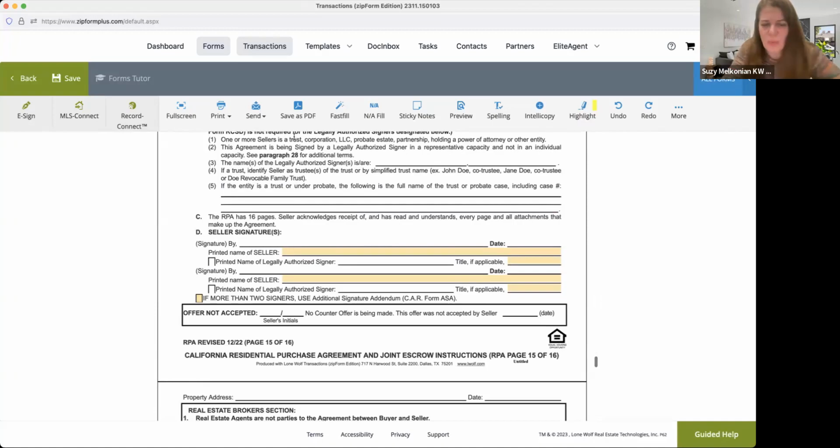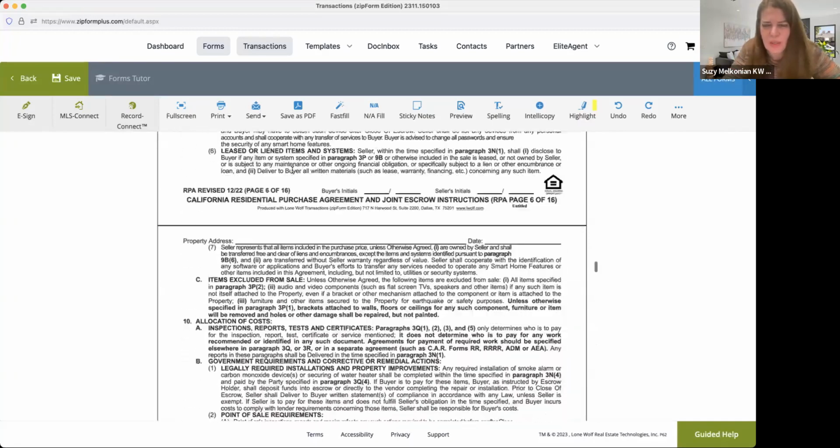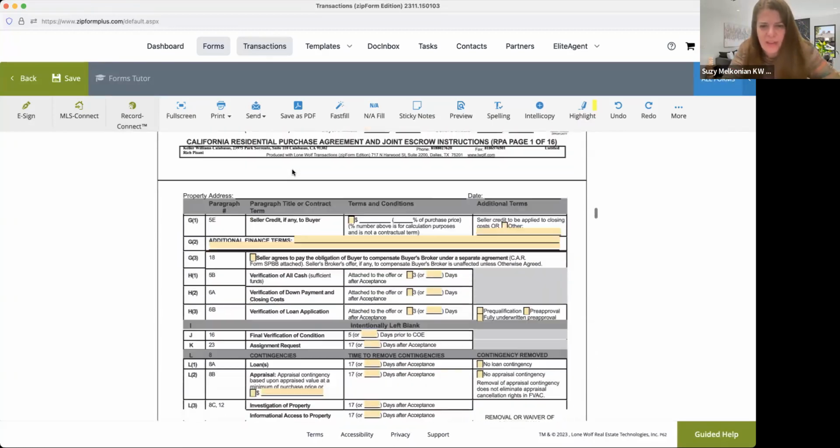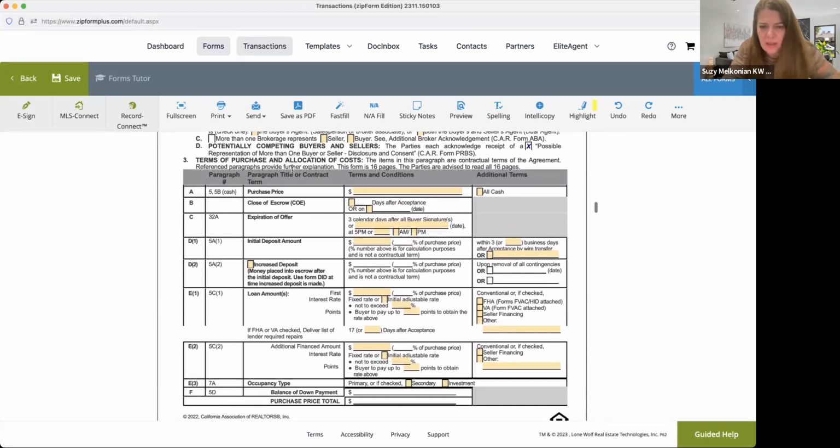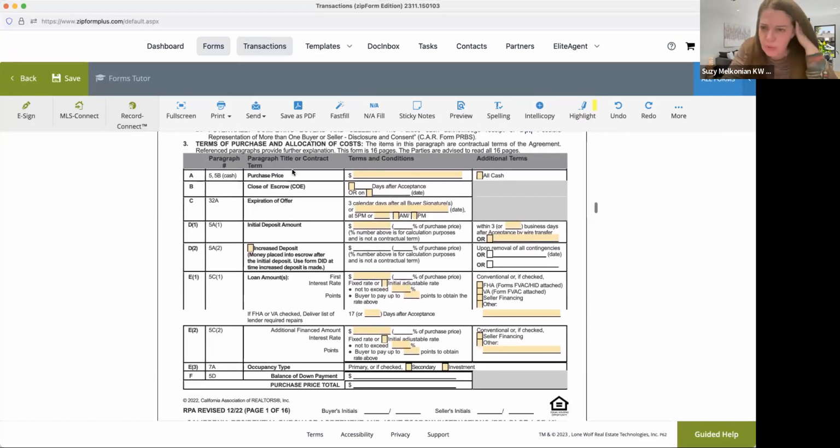Rich, on the first page where we have to put in the amount for the loan and the points, I never fill that out because I give them a proof of loan pre-approval. No. How is a letter a part of the contract? It's not. You need to fill that out, or else you're not protecting your buyer. You have to fill it out, and E1 on the second page, not to exceed whatever percent. Yes. Okay, thanks.